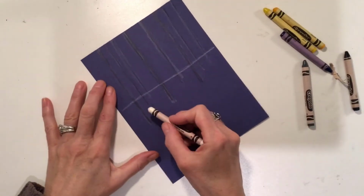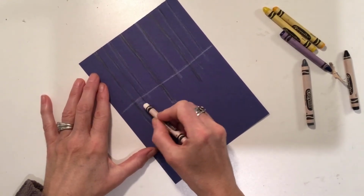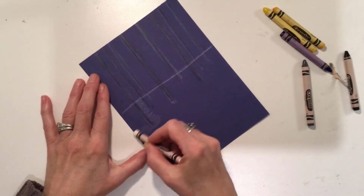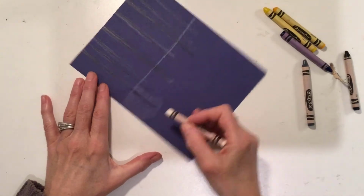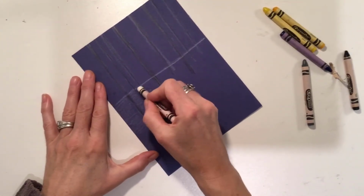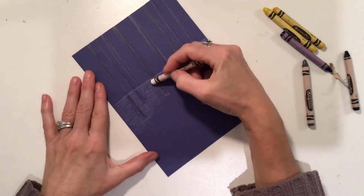Okay, and then what we're going to do is we're going to take our crayon and we're lightly going to color the blue here. And I'm going to be careful not to color over